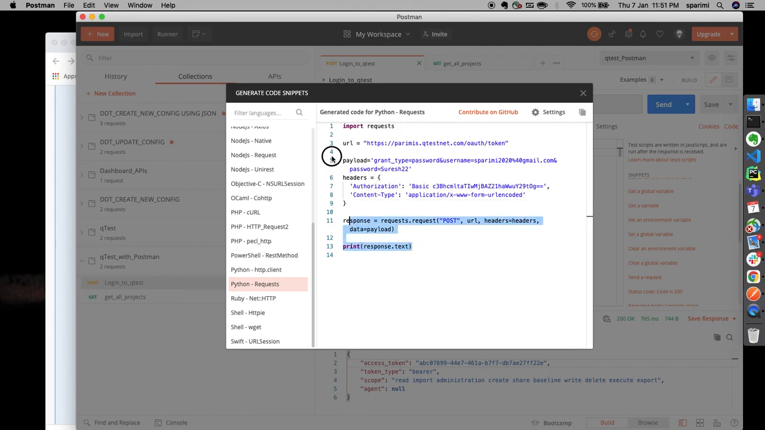Right? I will be walking you through how you can use this code snippet using Python requests in the PyTest framework. Right? So that's